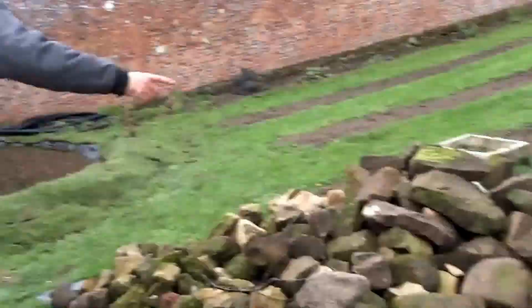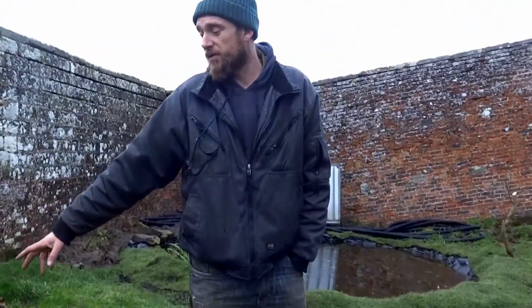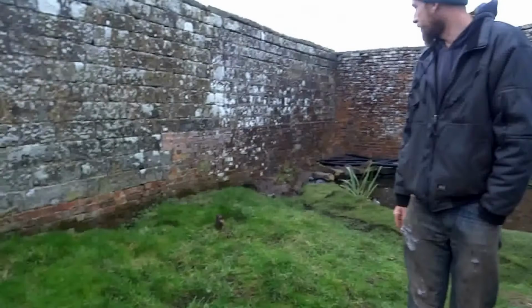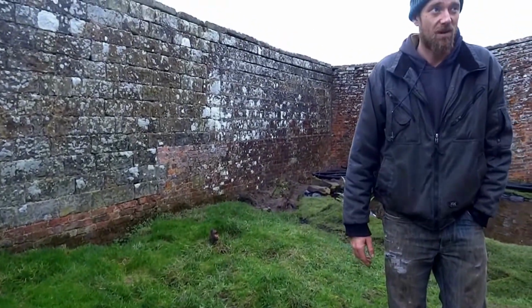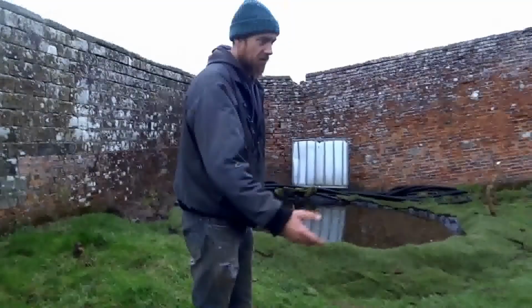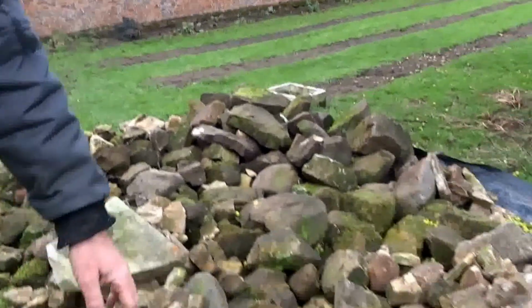This is all stone which I've basically dug out of the ground here. There's a big mound and the rabbits keep darting in it, so it's a work in progress clearing this out, but I think in general there's nowhere near the amount of rabbits in here as we used to have. The stone, I'll reuse that for something at a later date. Now this bit in particular,